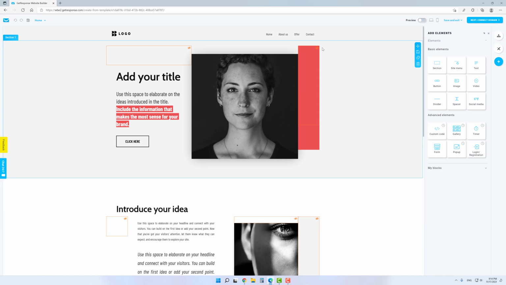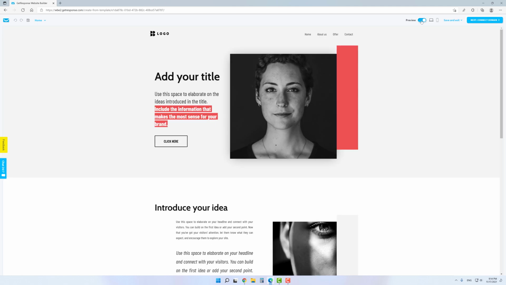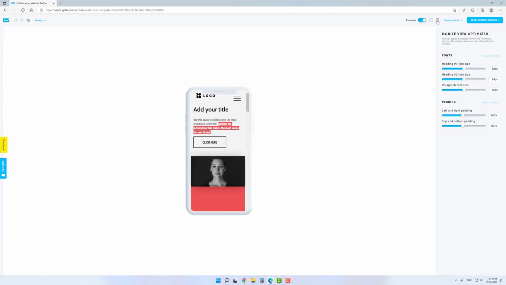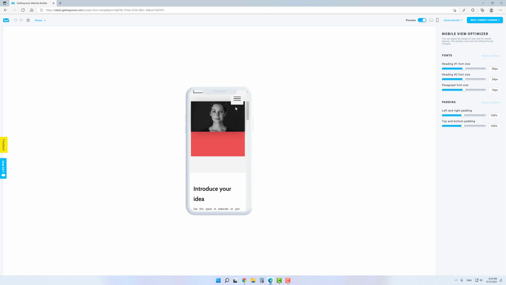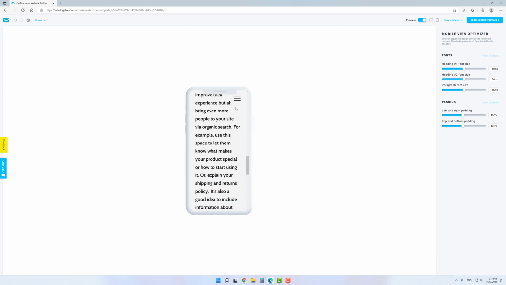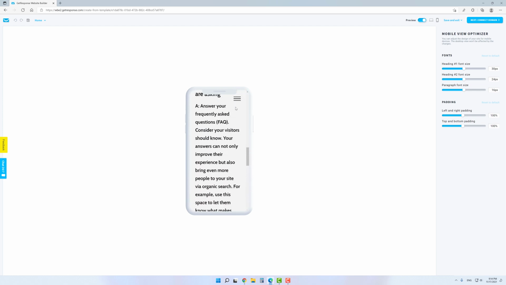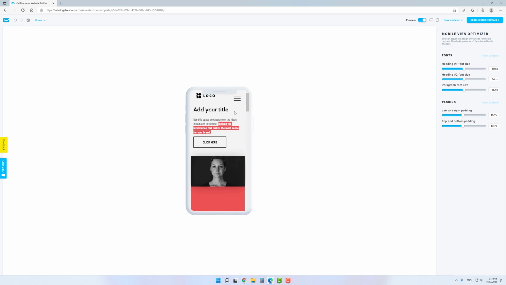As for now, let's take a look at the top panel. First of all, at the top left, we can find the undo and redo buttons, as well as save button and navigational menu. Please feel free to use them. Secondly, on the top right, you can turn on the preview mode and take a look at how your website looks on mobile devices. I do recommend switching between desktop and mobile versions to ensure all sections and elements are displayed properly on both of them.